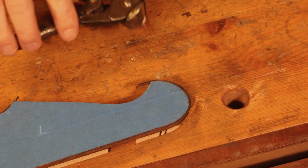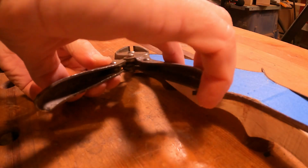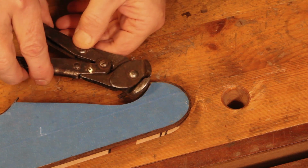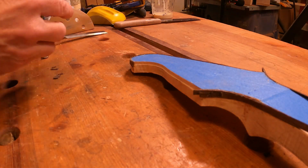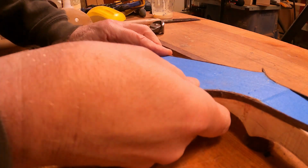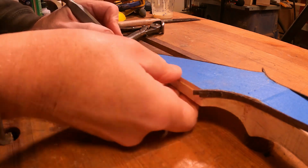I'm going to try and get the best shot I can of this, but first off I'm just going to snip this as best I can, just to get rid of the bulk of the waste. It's really delicate, so I don't want to be too rough with it. And then I'm just going to